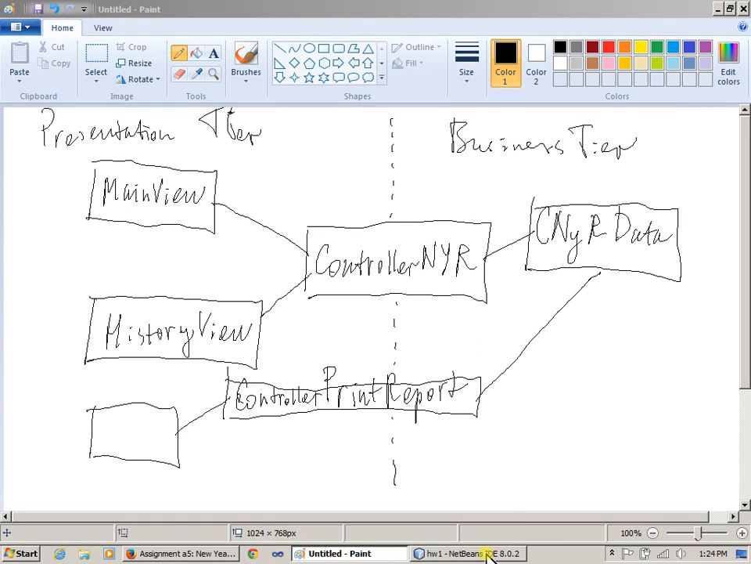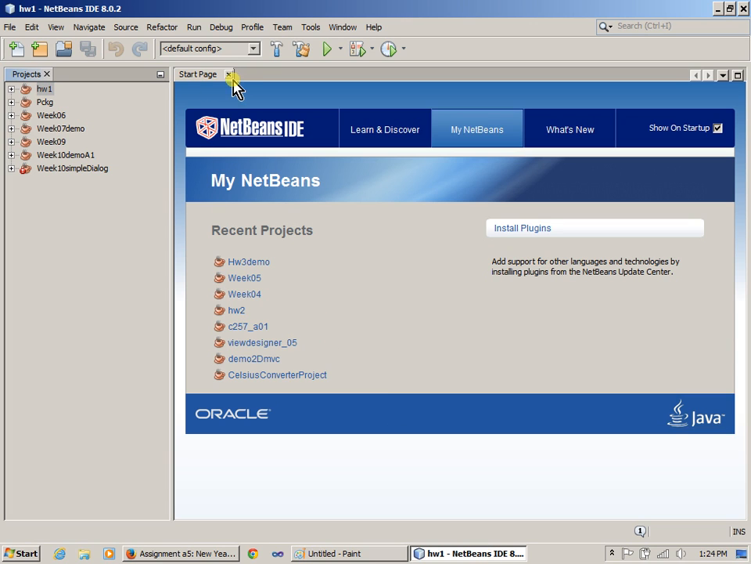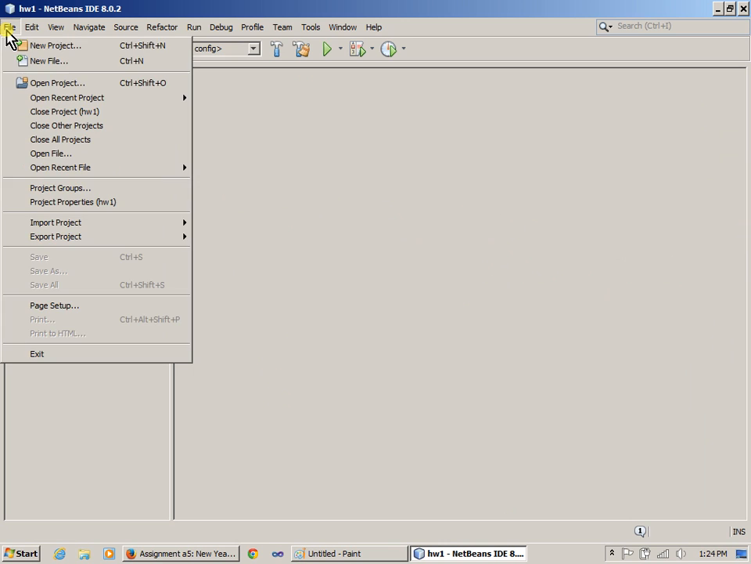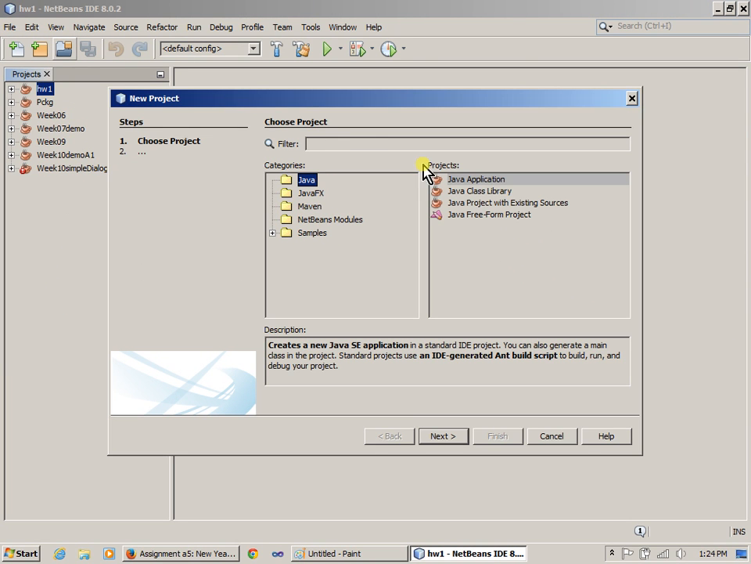Okay, so our NetBeans hopefully has started already. We're going to minimize that, and like I said, the project that I'm going to create is going to be a new project. This is just a regular Java application, and I'm going to say next,